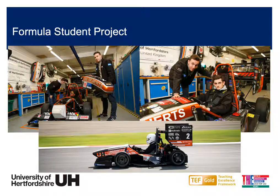This year, our students were building UH23, because the project had to come to a standstill because of the current situation. But UH23 was being built by our students up until almost a few weeks ago. And that shows you the number of years that we've been attending the Formula Student